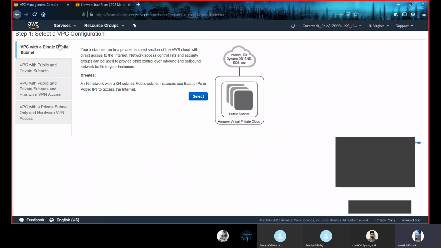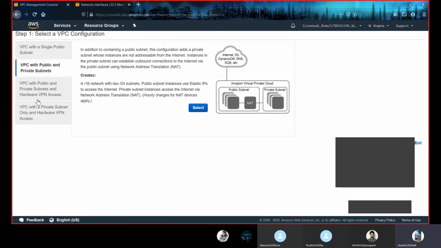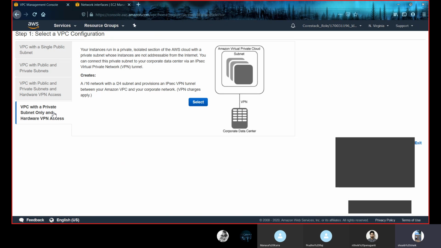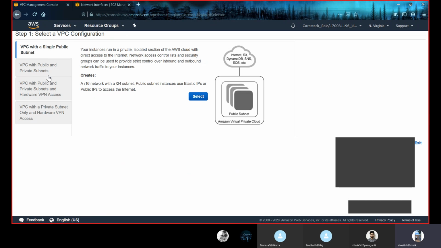One is VPC with a single public subnet. One is VPC with public and private subnet, and the other one is VPC with public, private, and hardware VPN access. The last one is VPC with private subnet and hardware VPN access. We also discussed how to create this, and when to create what kind of VPC.